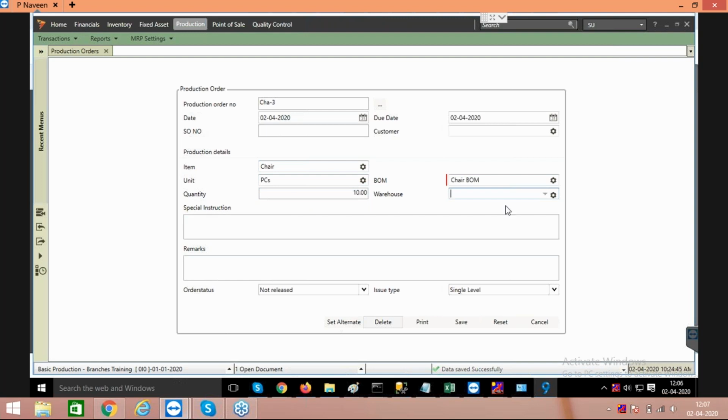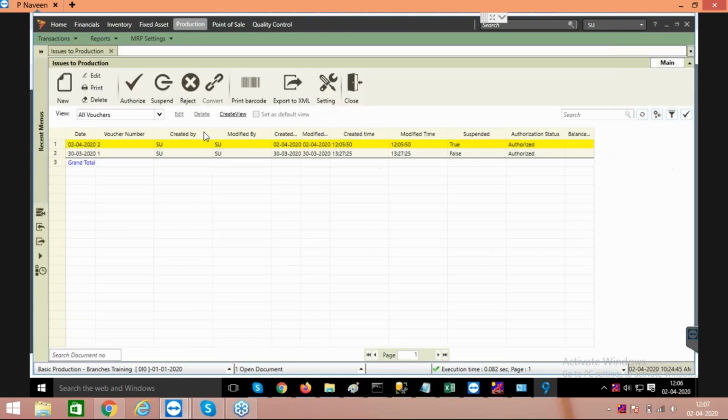Just putting 10 now. So I'm just saving. I have just created a production order number, and the next step would be